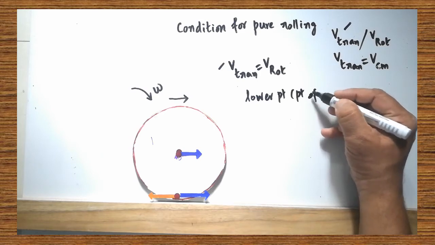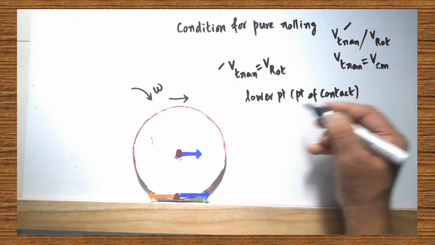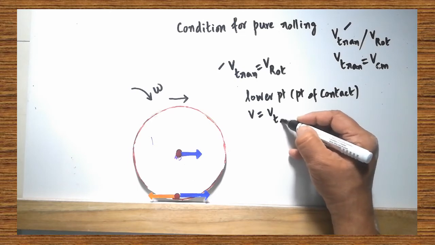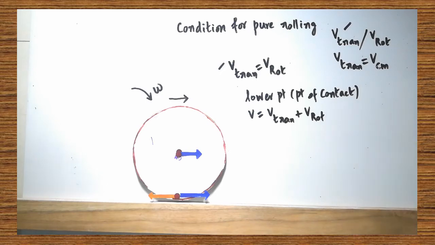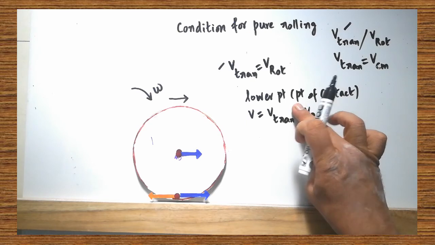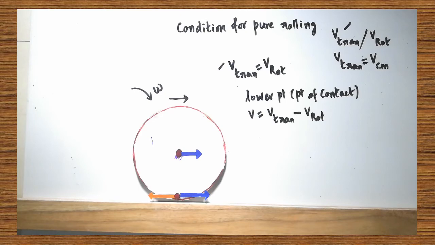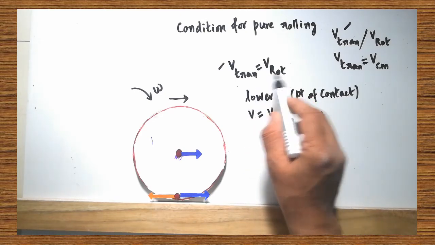So, we have to calculate the resultant velocity. How will you calculate the resultant velocity? What is the formula? V is equal to V translational plus V rotation must be written. Are you clear? Here V translation is indicated by the blue line, and the orange arrowhead shows the V rotation. Here both are acting in the opposite direction. Therefore, since they are acting in the opposite direction, I have to introduce one negative sign. Here magnitude wise, V translation and V rotation both are equal.